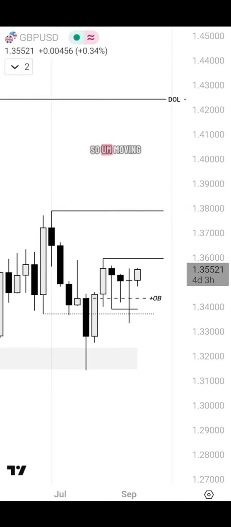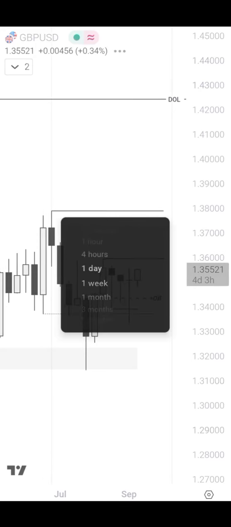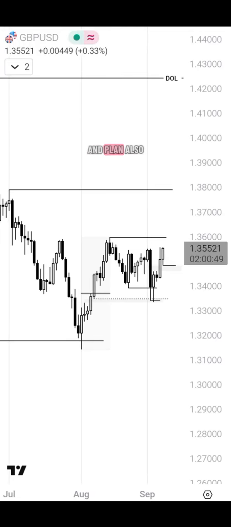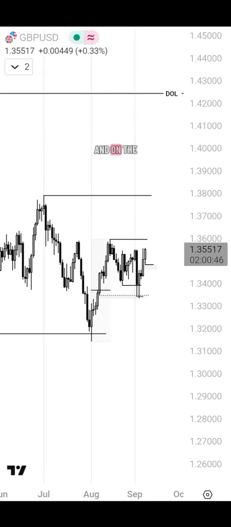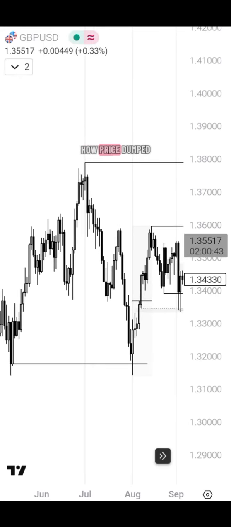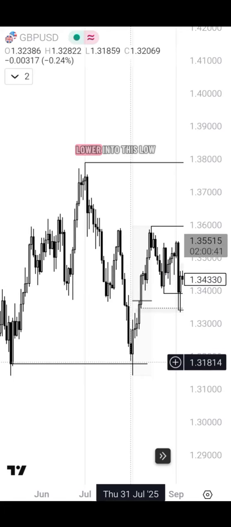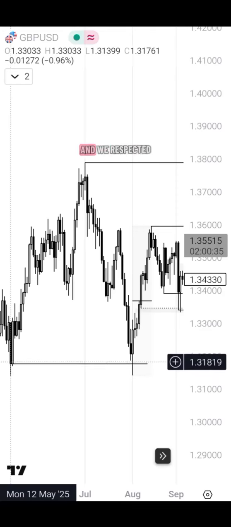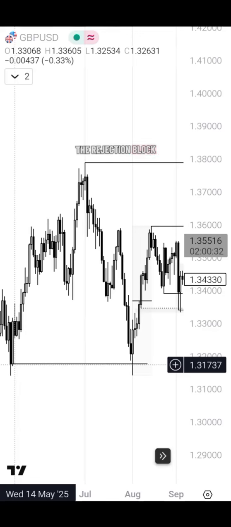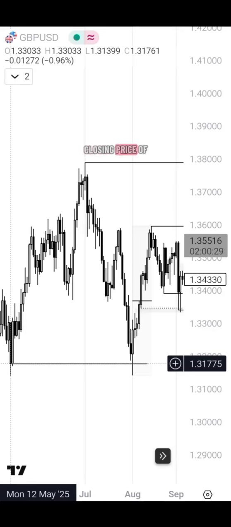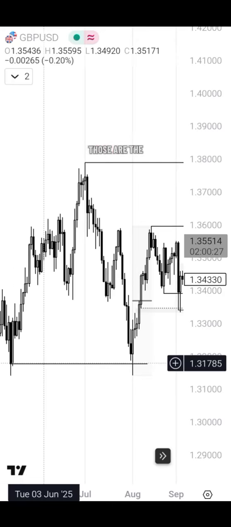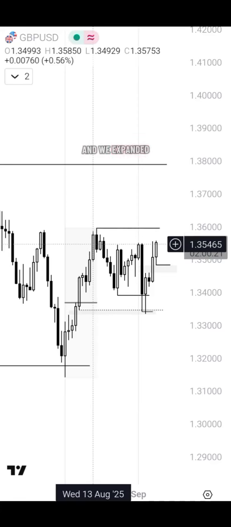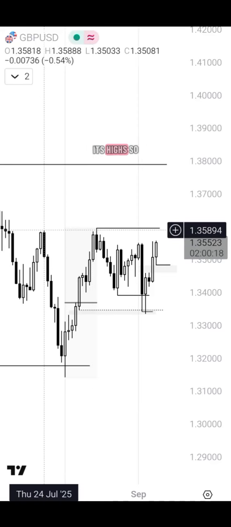So moving on to the daily. Now you can see how I'm building my trade idea and plan also. And on the daily, you can see right here how price dumped lower into this low, but it failed to take out this low. It failed to take it out, and we respected the rejection block, which is the closing price of this candle and the opening price of this candle. Those are the rejection block, and you can see how price respected it, and we expanded away from it and took out these highs.